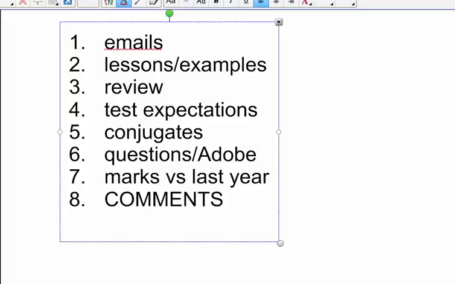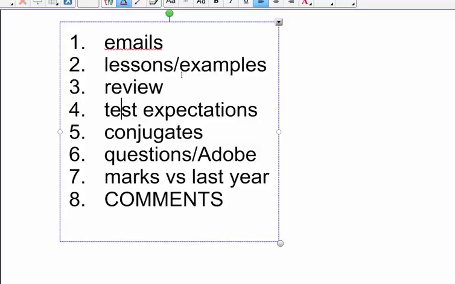I received a couple of emails yesterday. Apparently, they came in during class, but I didn't see them until the end of the period. They contained some pretty similar information. So I thought instead of responding to them individually, I'd address them to the class verbally, thinking that A, I'll probably babble either way, at least I'll babble a little quicker on video. And there may be other people who had similar concerns, so they could hear my answers as well. I'll ask for comments at the end, and free for all comments, whatever you want to say is fine for sure.